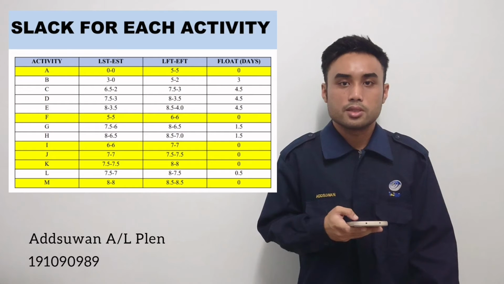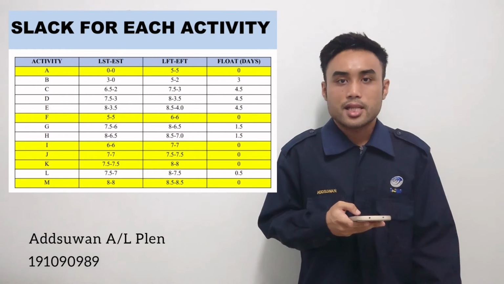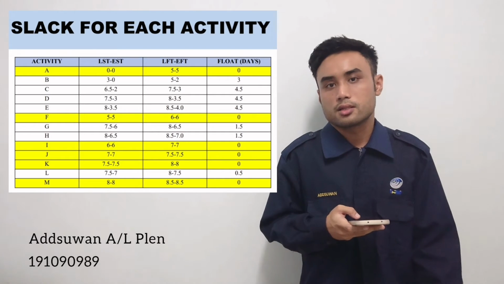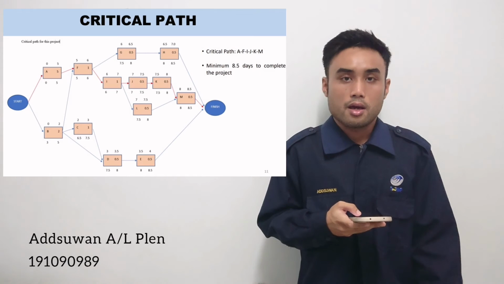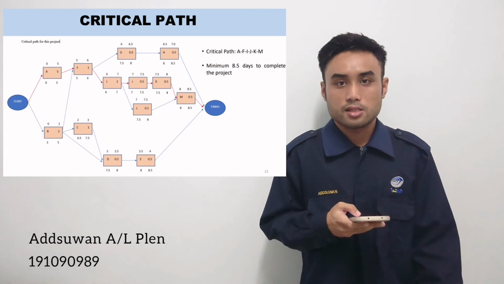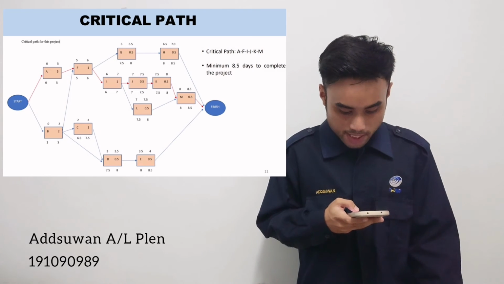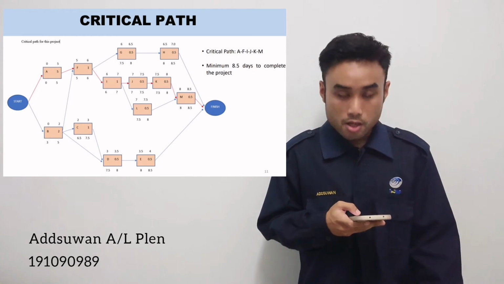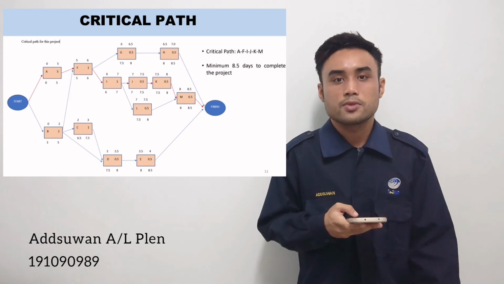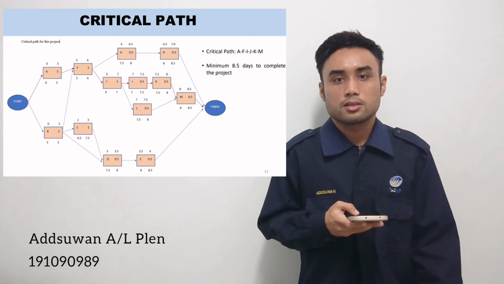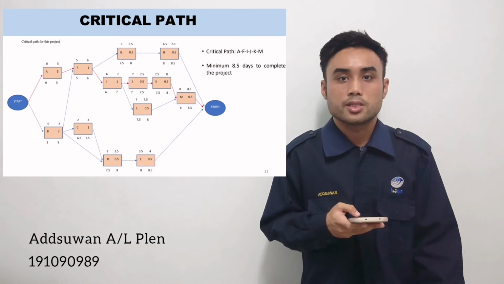According to the slack activity table, the activity that has 0 slack days can be considered as a critical path. And the critical path for this project is activity A, F, I, J, K, and M, which cannot be delayed. If these activities are delayed, the project will take more than the minimum duration to complete, which is within